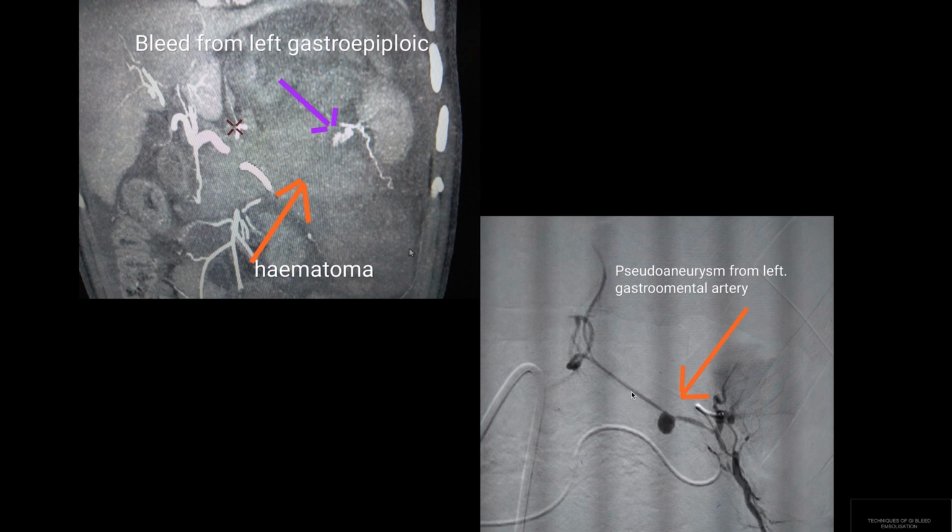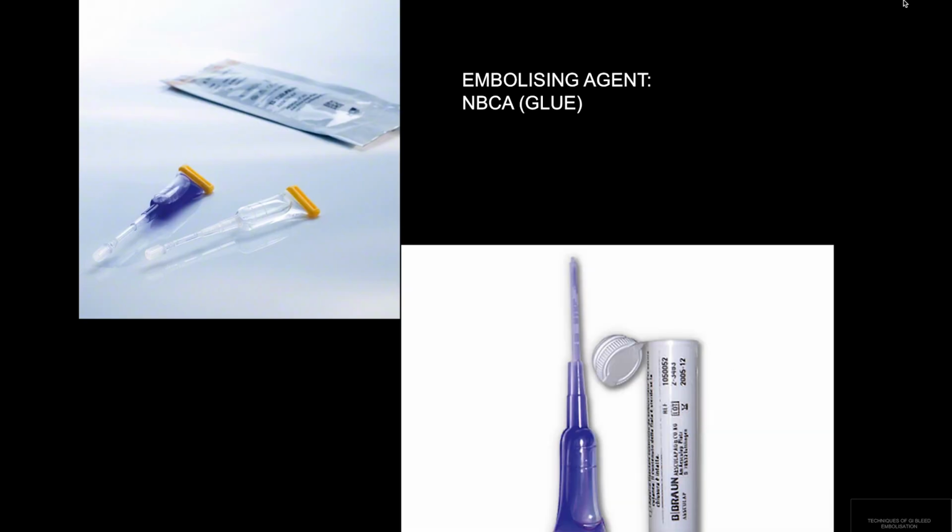So this artery was very thin, so it was very difficult to take the microcatheter into the artery for trapdoor embolization. In such specific cases, we use liquid embolizing agents which can further flow forward from the tip of the microcatheter. So most commonly used one is N-butyl cyanoacrylate or glue. This is not radio opaque. So we usually mix it with a radio opaque lipiodol, and we usually inject from the microcatheter. So this is the glue cast, completely obliterating the pseudoaneurysm.